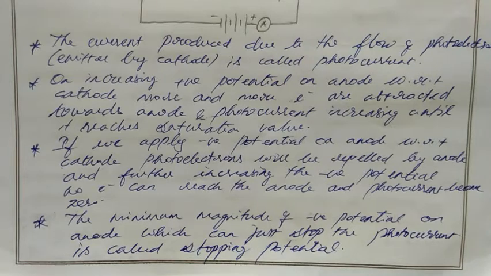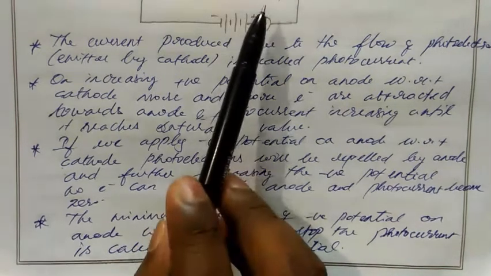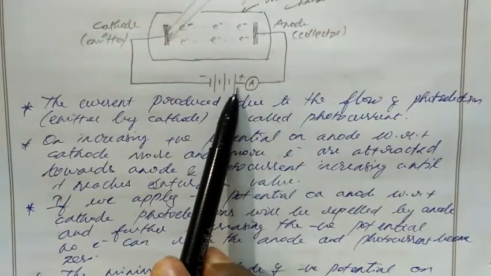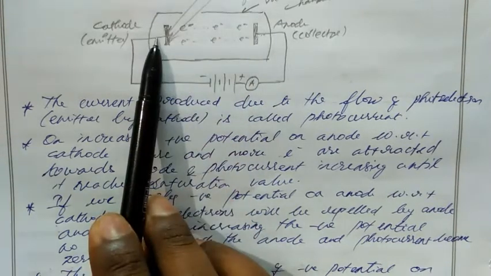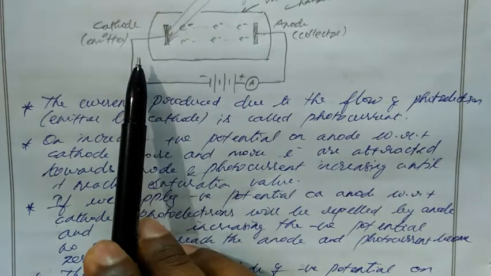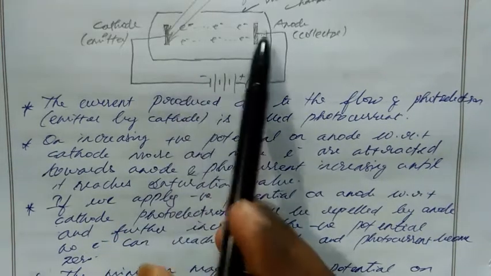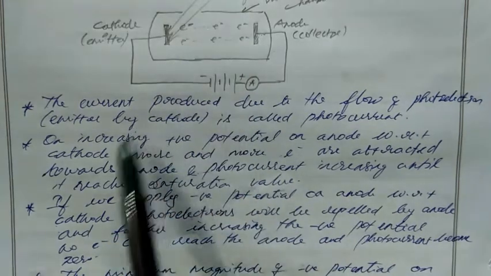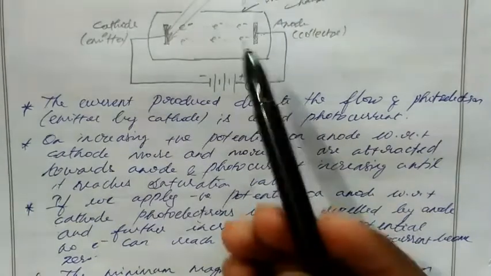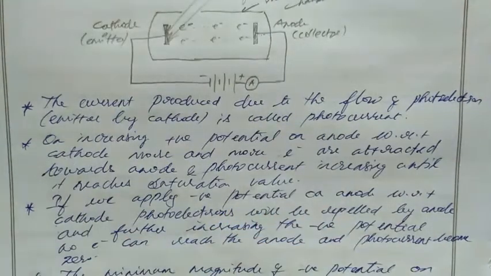Okay, for example, if 2 volt is the stopping potential, which means we give 2 volt here, then all the electrons will be repelled, photocurrent zero. Okay, then 4 volt, what will happen? Still the same result will happen. Okay, no electrons can move towards anode. 6 volt, no electrons will move towards the anode. But what is stopping potential? Stopping potential is 2 volt.